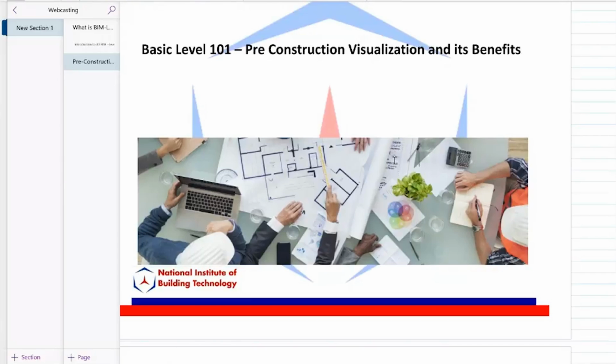Swapnil, your question is, is BIM the substitute for structural designing? I just had a one hour conversation with you, and now you're asking me a very specific question. Let me ask you this: is HTML the internet? No, it's not a substitute for structural.